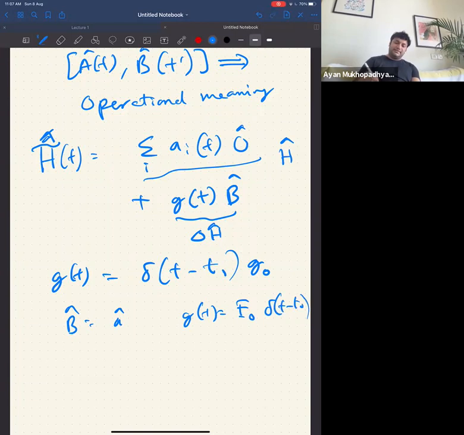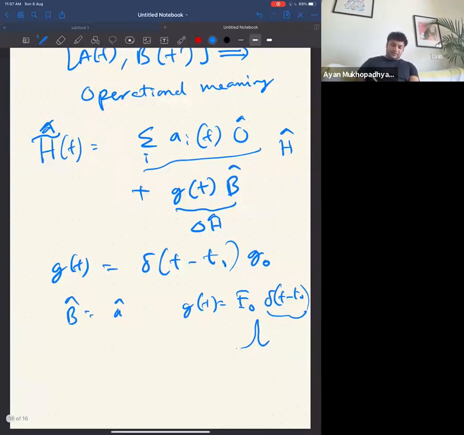So what it means is that I simply give a short pulse with an electric field which is homogeneous, and I immediately turn it off. So it's like a pulse. If you want, you could make it a narrow Gaussian pulse. This is often called the pump probe spectroscopy, in a way. So what you're doing is basically giving a short pulse to your evolution protocol, whatever your evolution protocol is. And now what I'm going to do, I'm going to measure